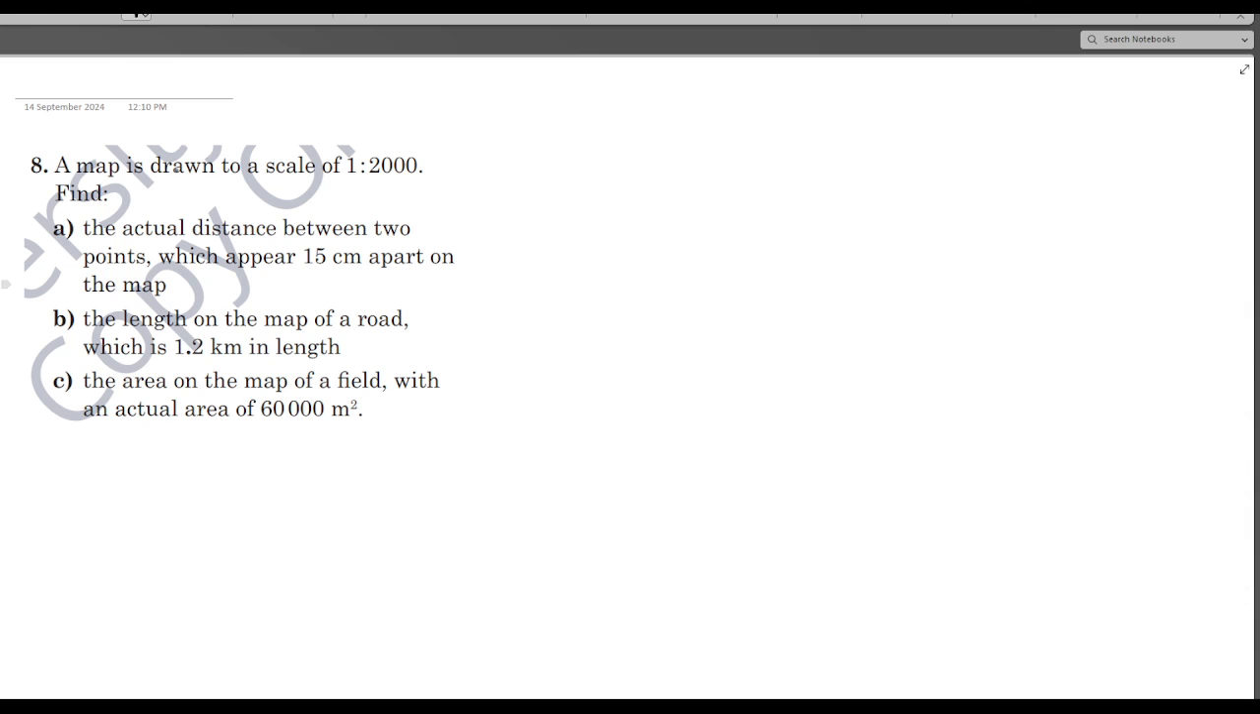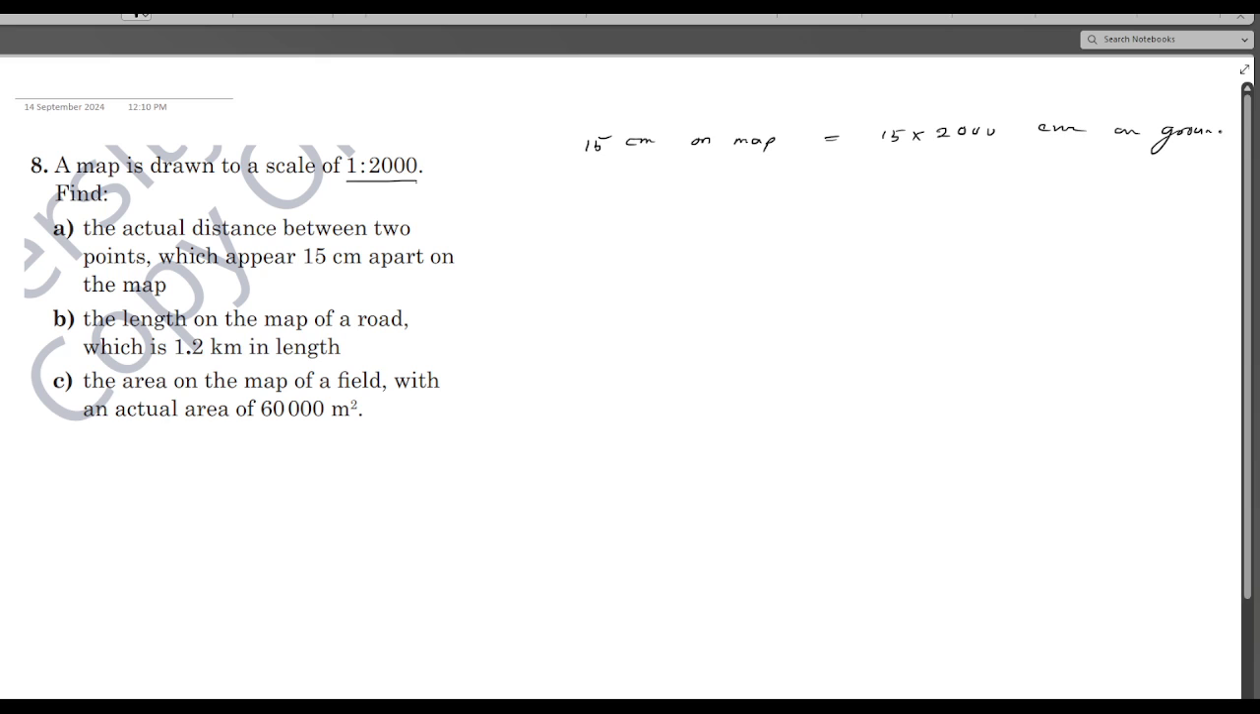Now 8th question, a map is drawn to a scale of 1:2000. Find the actual distance between 2 points which appear 15 centimeter apart on the map. So your 15 centimeter on map will be equal to 15 times 2000 centimeter on ground. So this is equals to 15 times 2 is 30,000